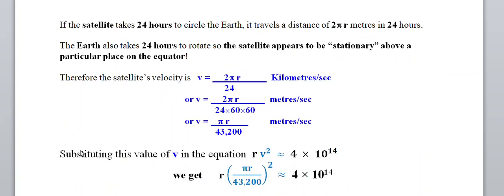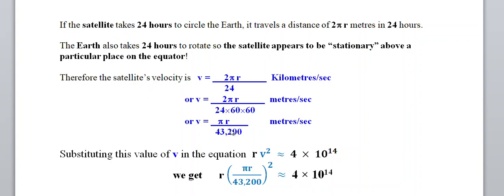Now we're particularly interested in the geostationary satellites. So if the satellite takes 24 hours to circle the Earth, it travels a total distance of 2 pi r in 24 hours. The Earth also takes 24 hours to rotate, so the satellite appears to be stationary above a particular place on the equator. Therefore, the satellite's velocity is 2 pi r over 24, and if we work this out in meters per second,